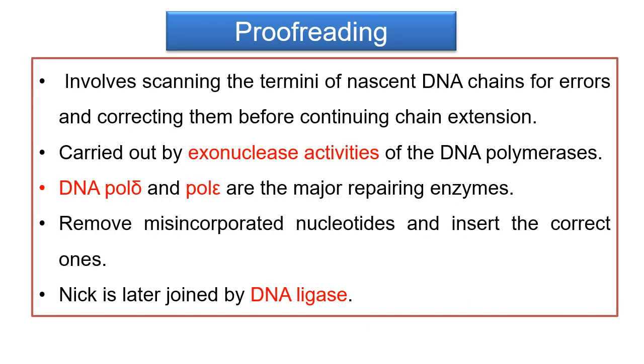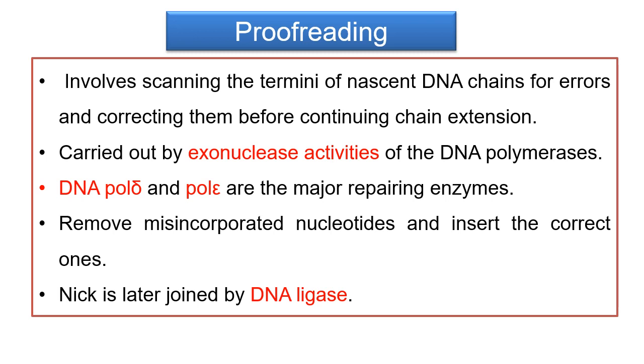Proofreading. So these holoenzymes, that is DNA polymerases, are high fidelity enzymes, but sometimes they make errors during replication. However, at a very low rate, that is 1 in every 1 billion bases. This accuracy is necessary to keep the mutation at a tolerable level.